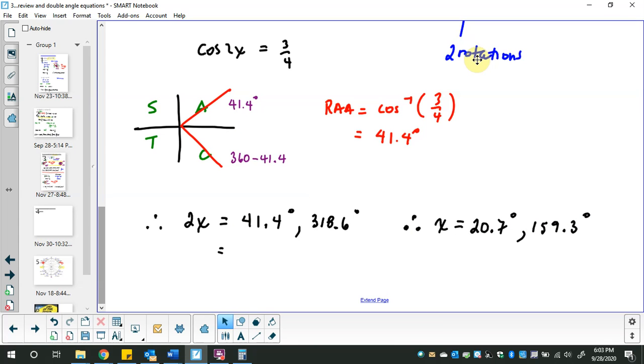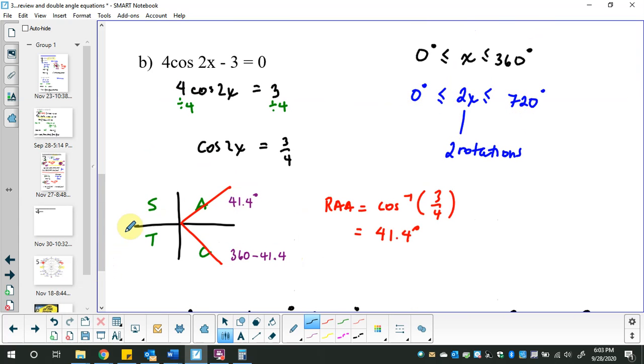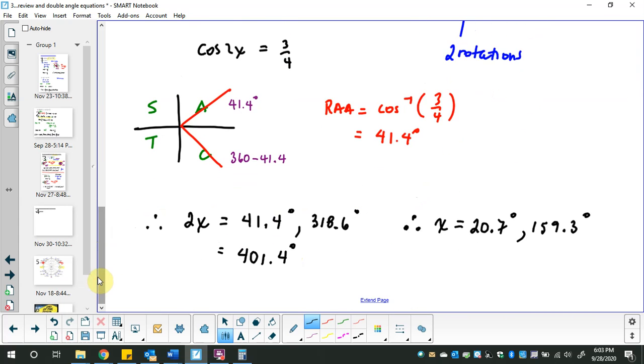Then, I know that I'm just gaining an extra rotation, so I'm going to take 41.4. I'm going to add 360 degrees to it, so I get an extra rotation, because I need 2 of them. You can add or subtract as many as you want. The deal is you have to keep your 2x in between 0 and 720. So if I add another 360 to that, it's 761.4, so I'm out of bounds, so I'm not allowed to write down that answer. While that 401.4 is on my calculator, I'm going to divide by 2 and get my final x answer, which is